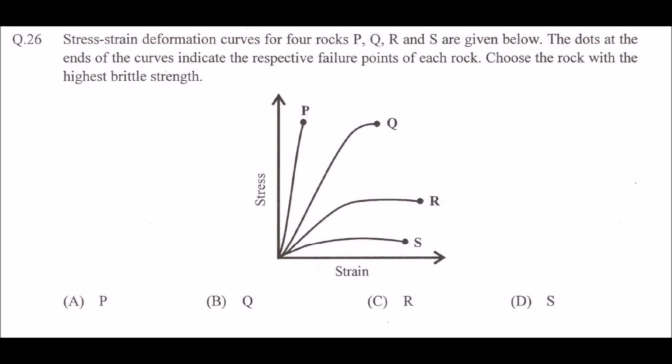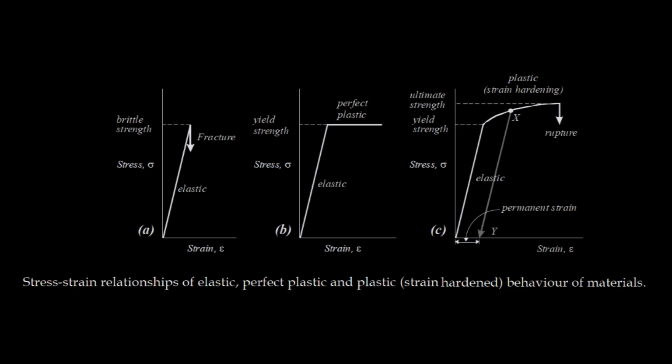So before proceeding further, let's clear some concepts regarding these different kinds of terminology which are associated with the failures. Under many conditions, rock undergoes permanent strain instead of fracturing if elastic limit is exceeded. If stress is withdrawn, strain is not completely recovered. The material showing such behavior of permanent straining is called plastic material, and the deformation is called plastic deformation or ductile deformation. The stress at the yield point is called yield stress, yield point or yield strength.